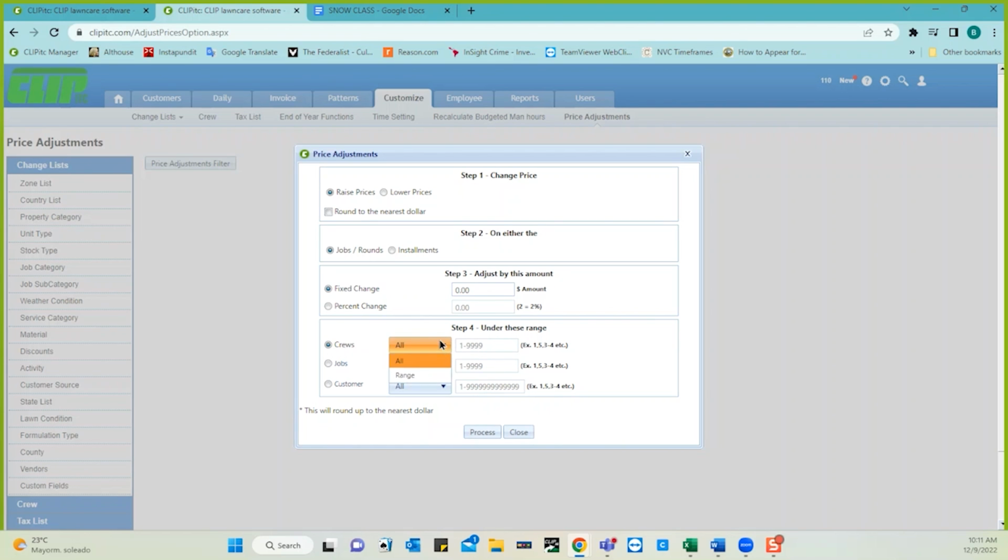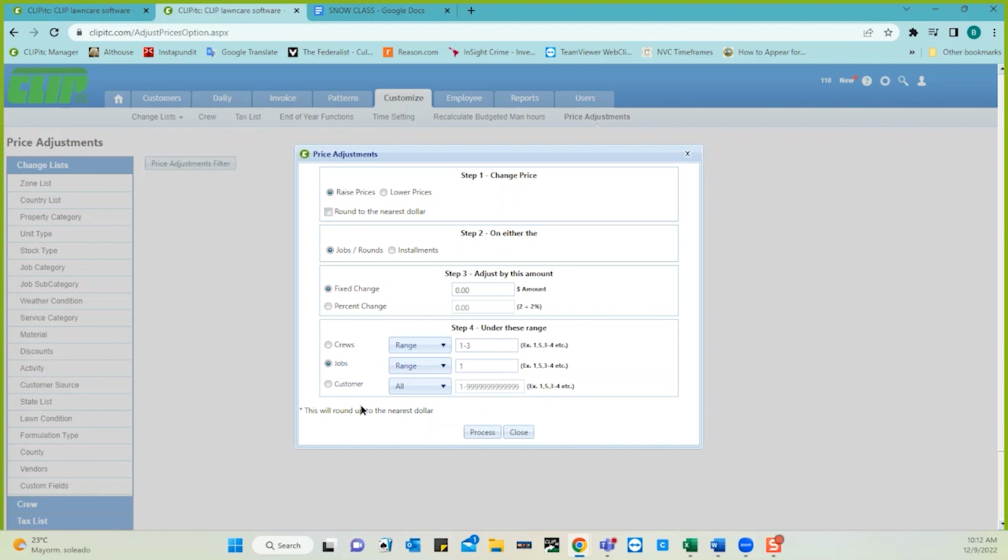And you could choose only a mowing crew, say crews 1 to 3. But let's say you want to just raise mowing prices. Well, you can come to jobs, and again, you would do the range, and our mowing job is job 1. But what'll happen now is that this will raise the price on job 1, even if that job is outside of this crew range. In other words, you need to do these singly. You can't do a combination of, I want to raise the price on job 1 for crew 1 or for a